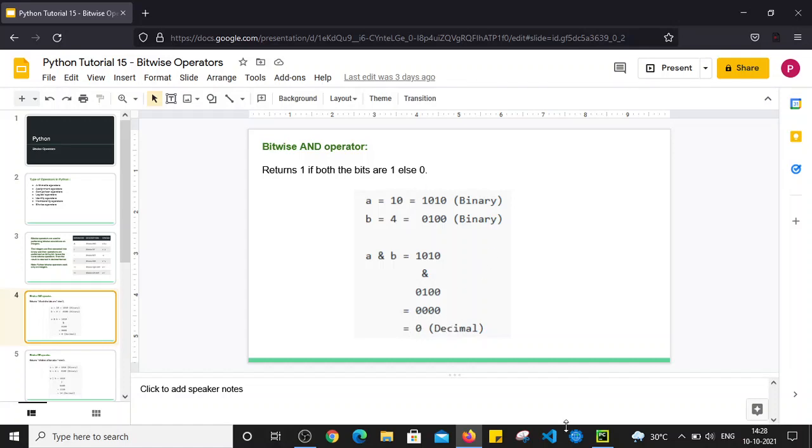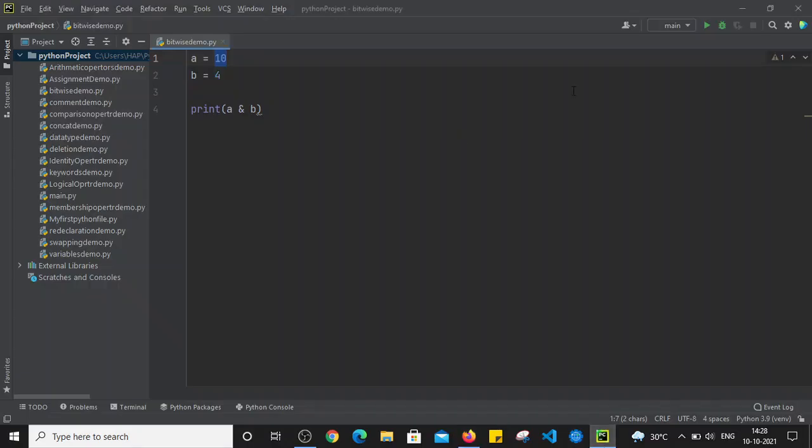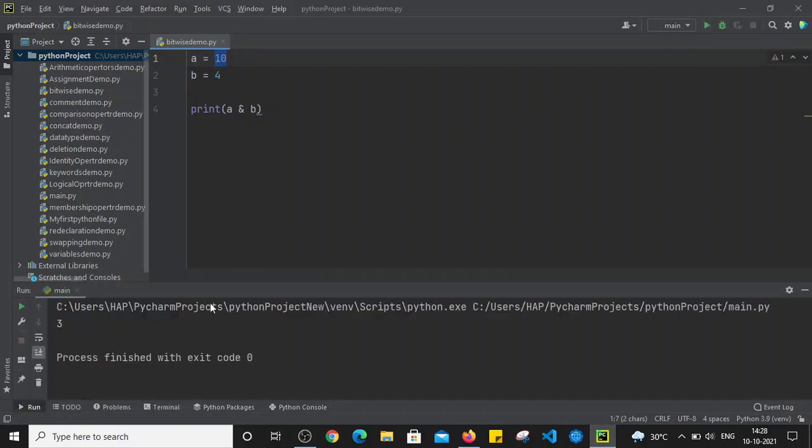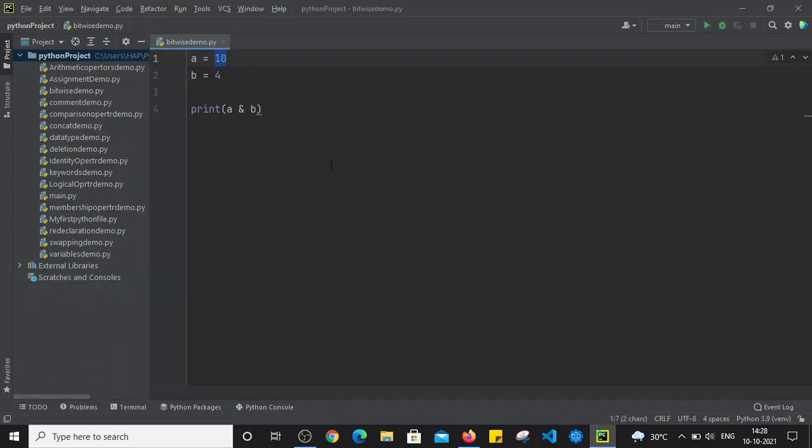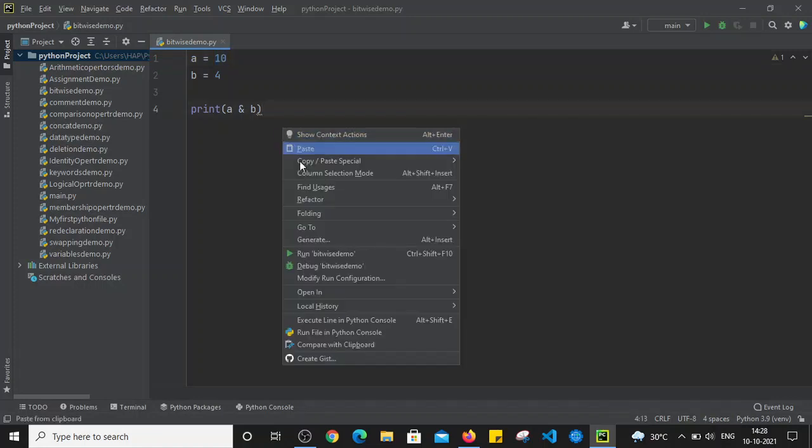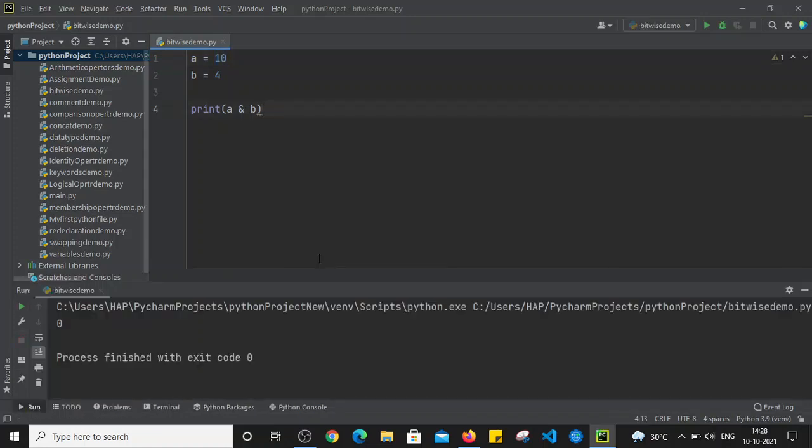So when I run this file, I right click and run the bitwise demo file. It will return 0, that is in decimal format.